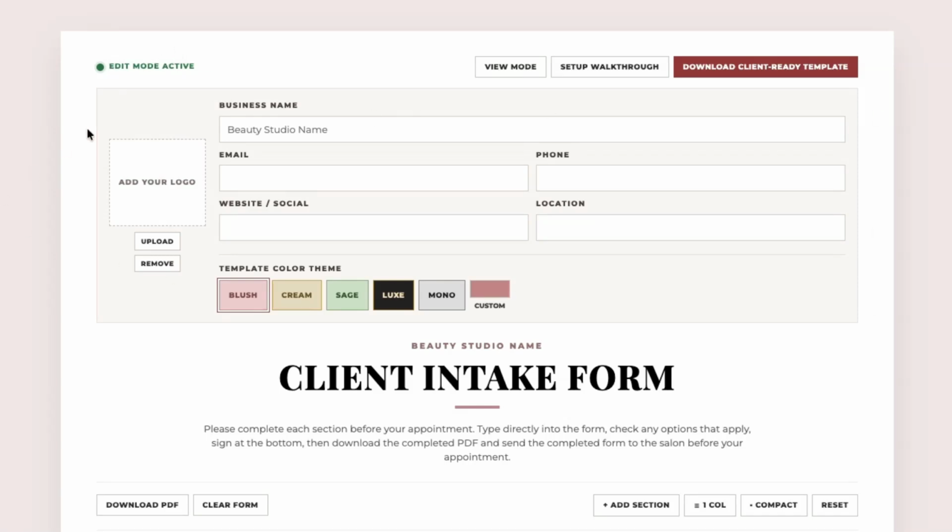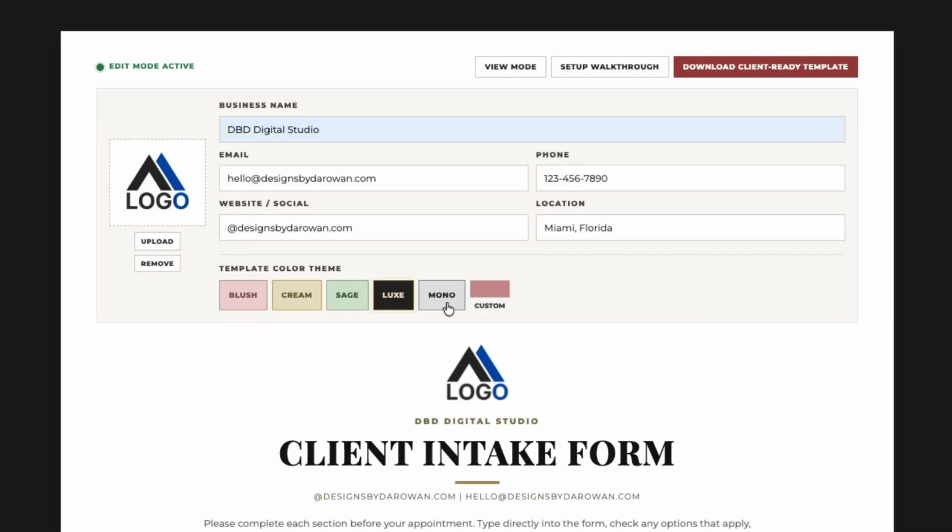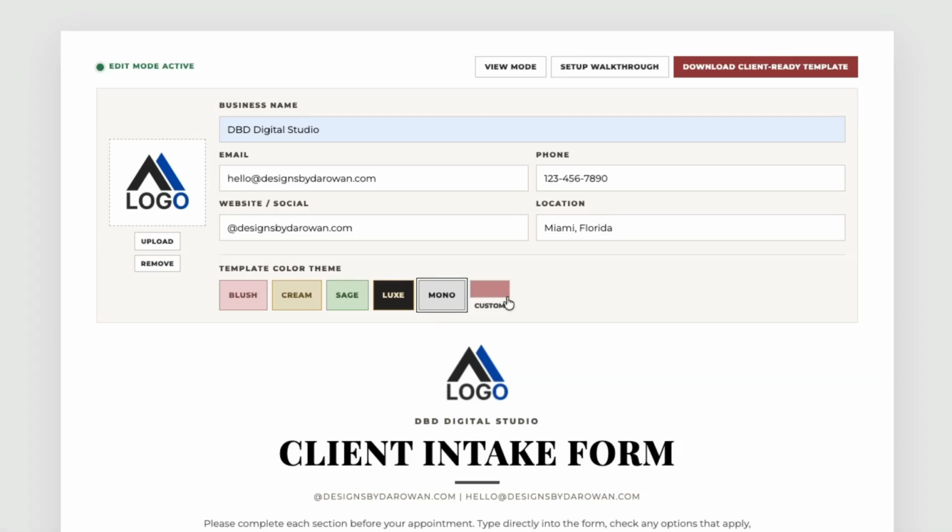This is the area that you're going to use to customize it for your business. So things like adding your logo, your business name, phone number, things like that. So go ahead and do that. And then you can select the color theme. Down here are different color themes. So the default is this blush color, but you can change it to whatever you want. This is a print-friendly color theme. And if you want to add something specific to your business color, go ahead and use this custom color option